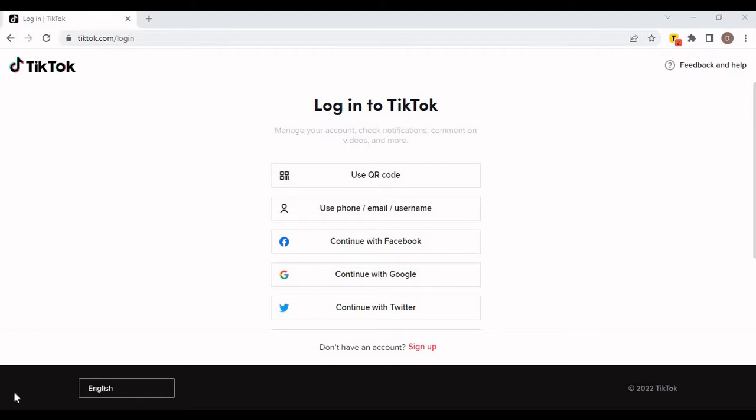The challenge will be about the TikTok login page. We are going to build the TikTok login page. We are going to reproduce exactly what you are seeing on the screen. I have only 25 minutes to complete that challenge. So if you want to know if I'll be able to complete the challenge,